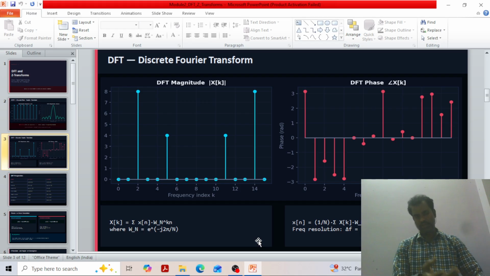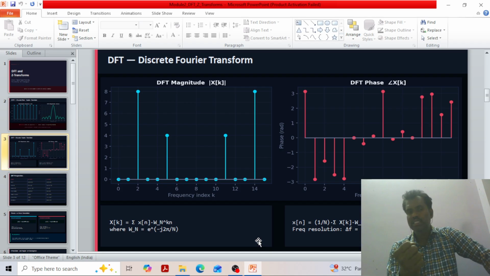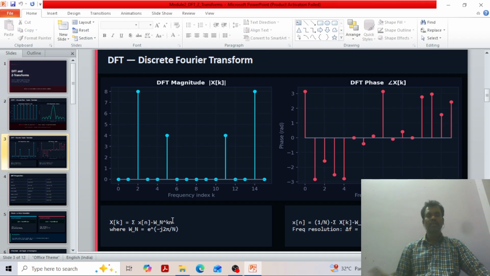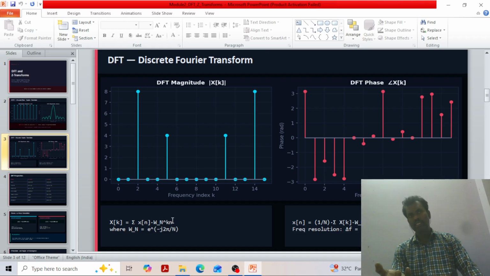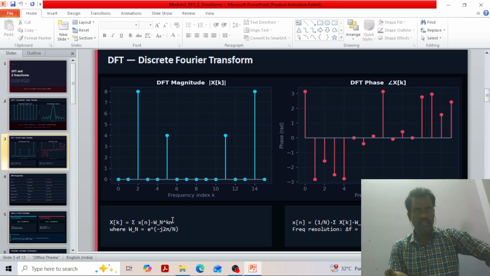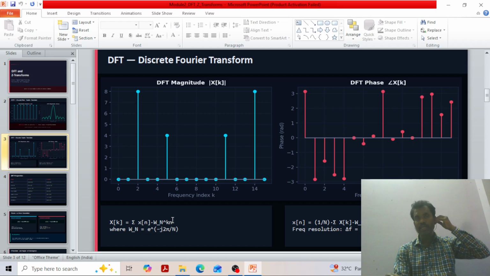n samples may be there, for example. The kernel also has n samples, so N into N multiplications may be required. So N square multiplications are required. And if the signal is a complex signal, and the kernel, W N power k, is also e power minus j omega, it is also complex. If x of n is a complex signal, then these N square multiplications internally need 4 multiplications for multiplying two complex numbers. So 4N square multiplications are required,